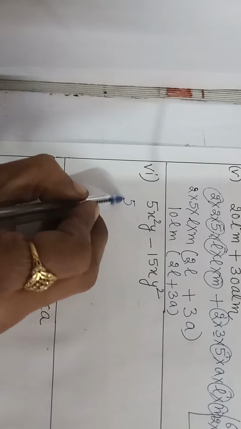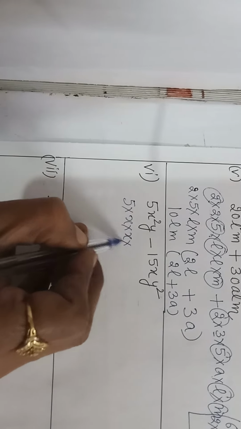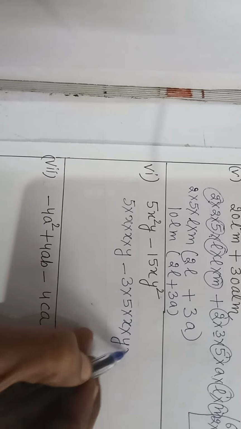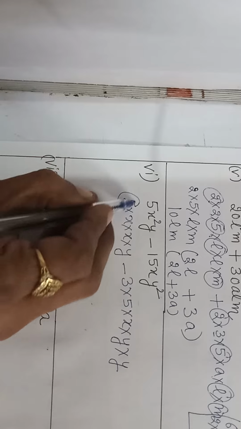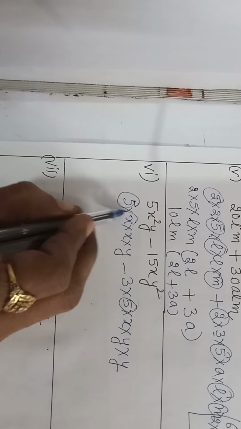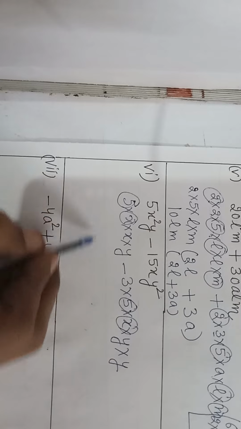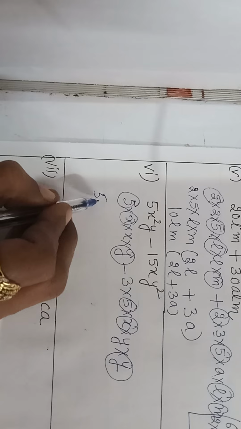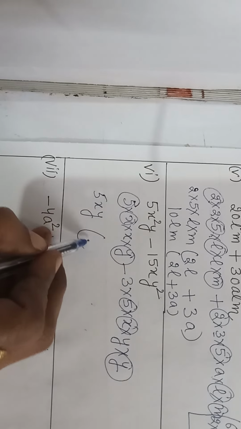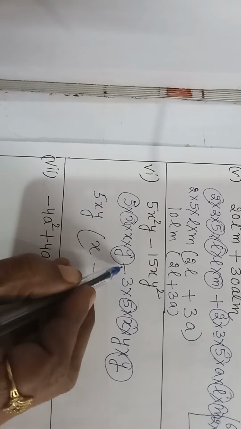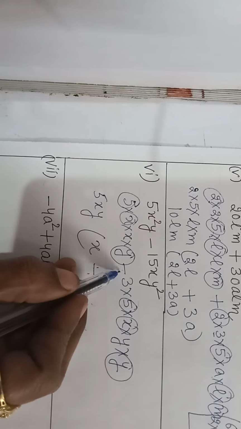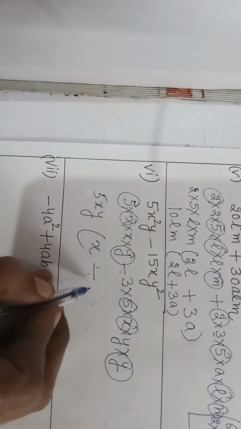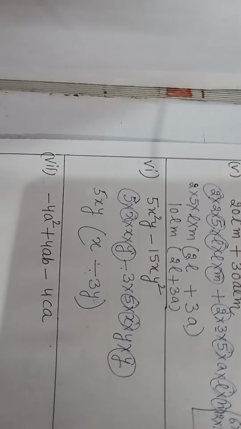It's very simple. 5 into x into x into y minus 3 into 5 into x into y into y. Now taking common, yes, this 5 is common. Now 1 x is common at both ends we have, and y is also common. So 5xy we have taken common. So what is left here? x minus, whatever sign is there you will put. If you are not taking common, माइनस है तो माइनस लगा देंगे, प्लस है तो प्लस लगा देंगे. So what is left here? 3y. So this we have taken common.